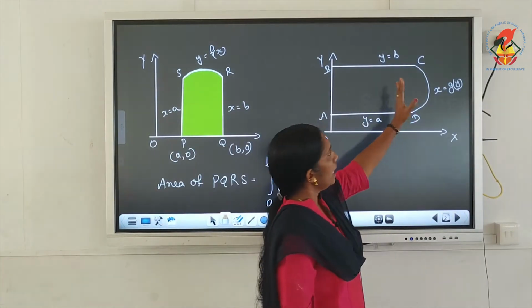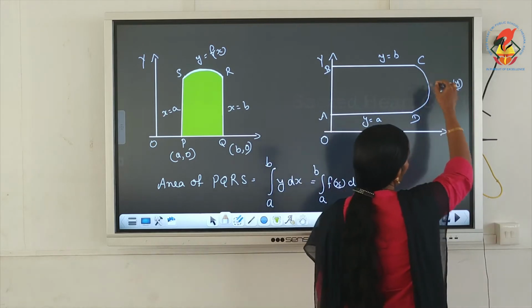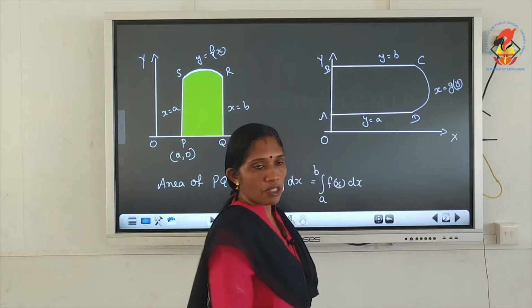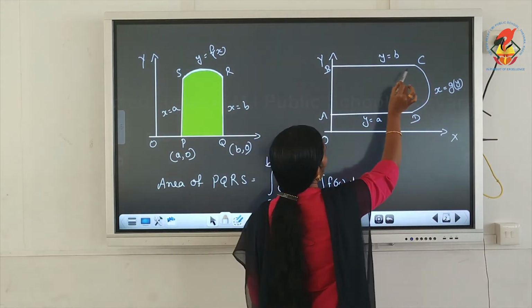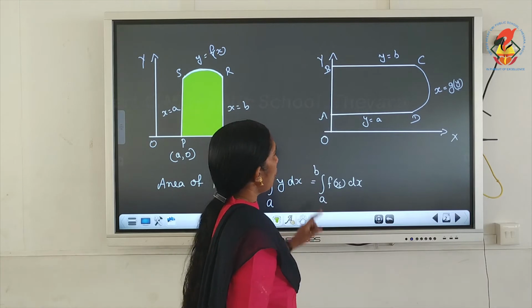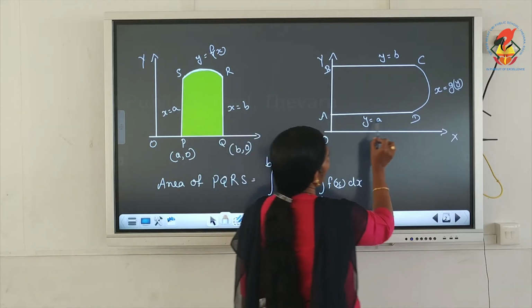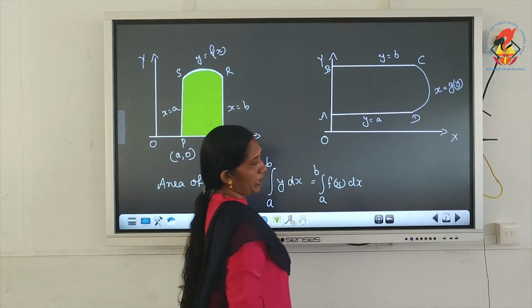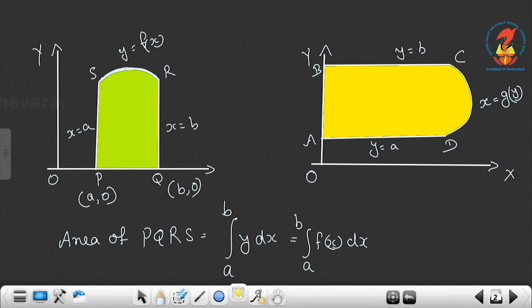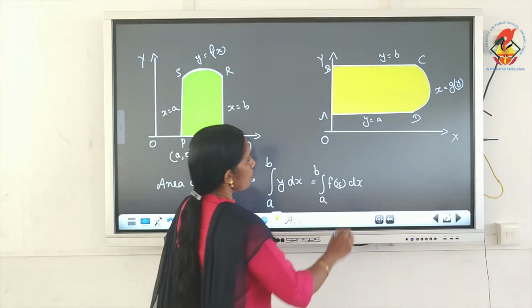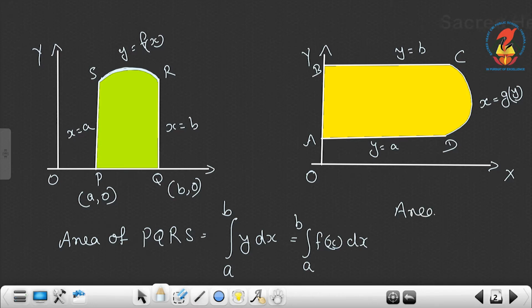Then the same way, here the curve is x is equal to g of y. So in terms of y, from C and D, draw perpendiculars to the y-axis to the points A and B. So the lines are y is equal to a and y is equal to b. So what is the area under the curve, the curve x is equal to g of y? So area of ABCD